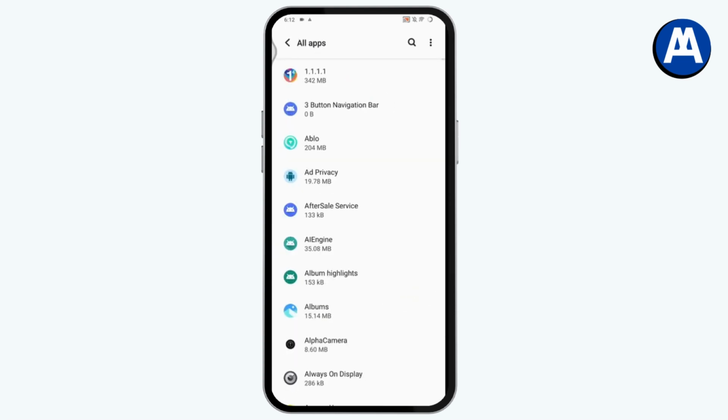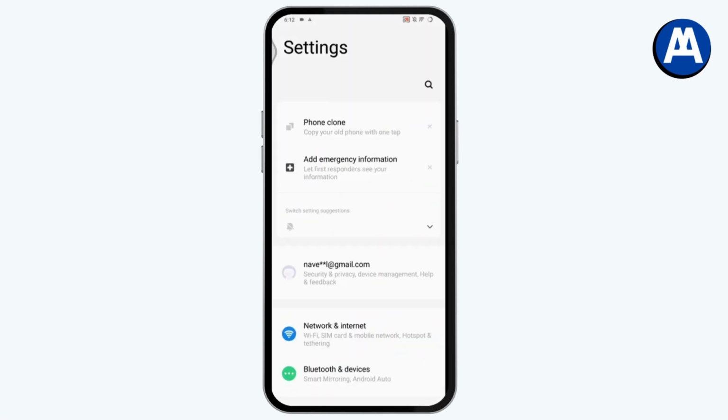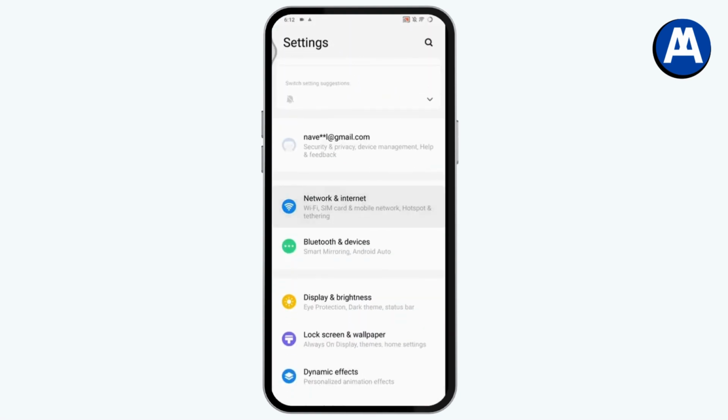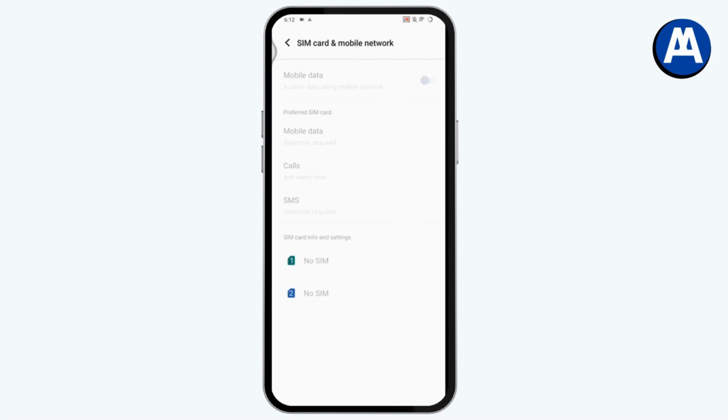After clearing your cache, you can go back and open up your settings again. Under settings you need to scroll down and go to network and internet, and here you need to go to SIM card and mobile network, and here you will have an option of your SIM card. You need to simply tap on the SIM card, and under SIM card settings you will have your preferred